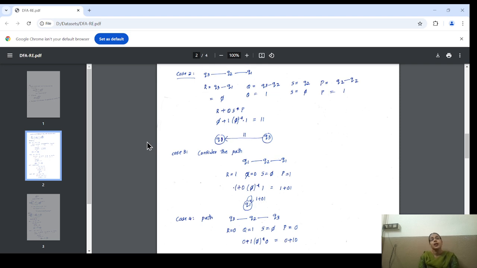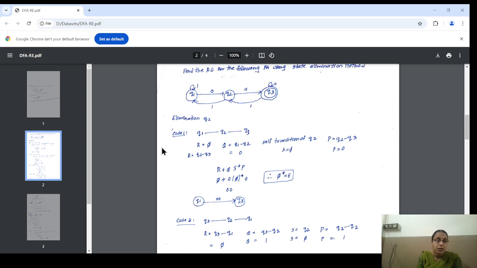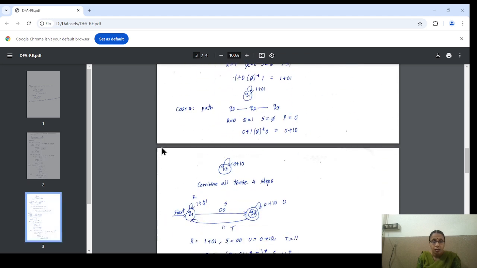Now we consider another part, that is Q3 to Q3. For Q3 to Q3, I am taking the intermediate state Q2. So R equals 0, meaning there is no direct path from Q3 to Q3 in the diagram. Q equals 1, meaning Q3 to Q2 in the diagram, the value is 1. In the diagram, Q2 does not have a self-loop, so the value is epsilon. And Q2 to Q3, the P value is 0. So we are substituting all these values in the formula. We get the solution 0 plus 1, 0. So by combining all these formulas,